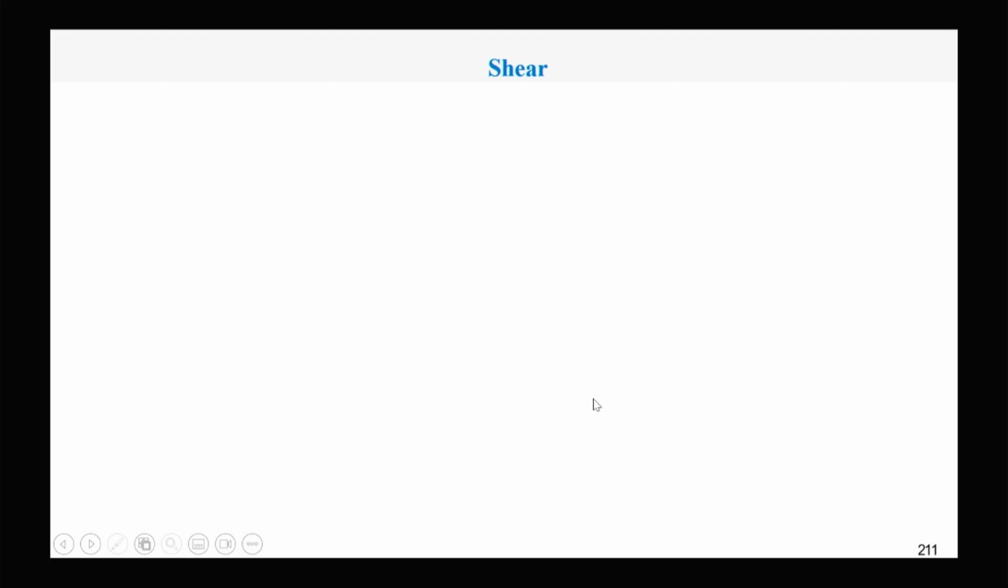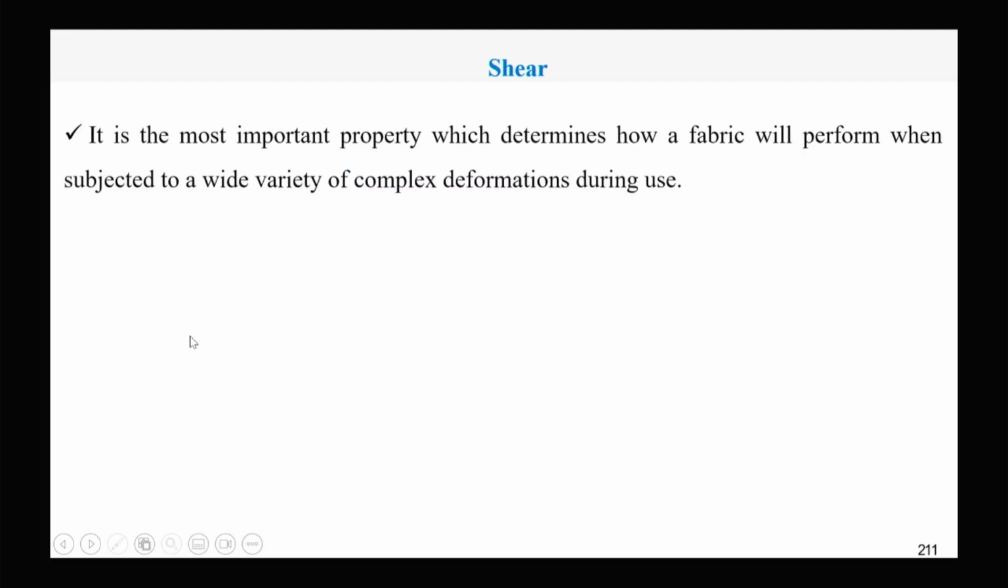So after bending, the next important characteristic is the shear characteristic. Shear is one unique parameter, a unique property which the textile material has. Textile material has very high tensile strength, but comparatively its shear strength, shear rigidity, is very low. That's the uniqueness of any textile material, and which helps in